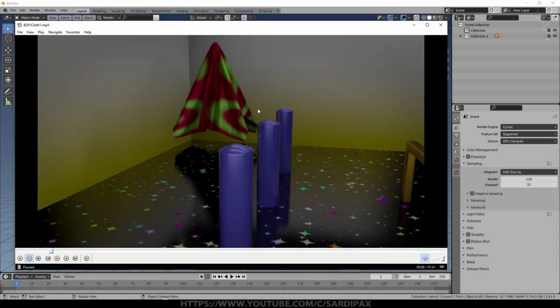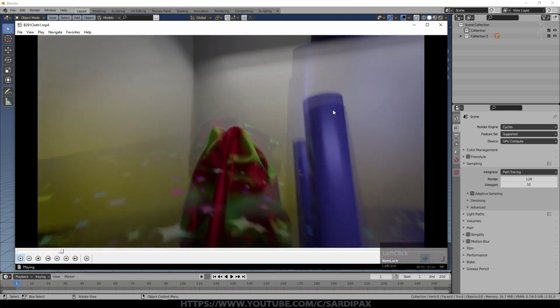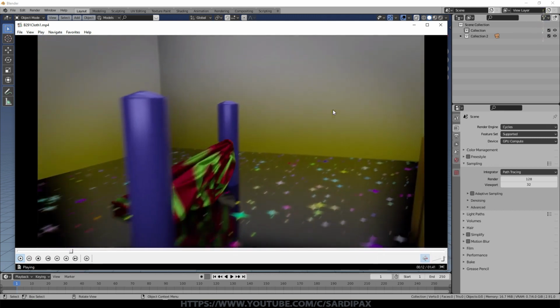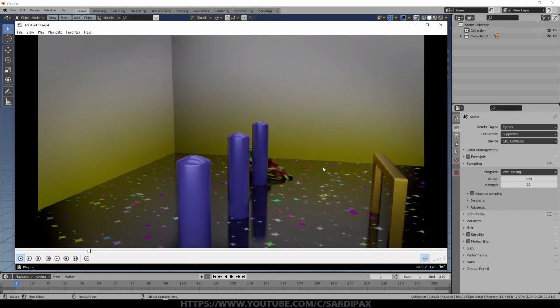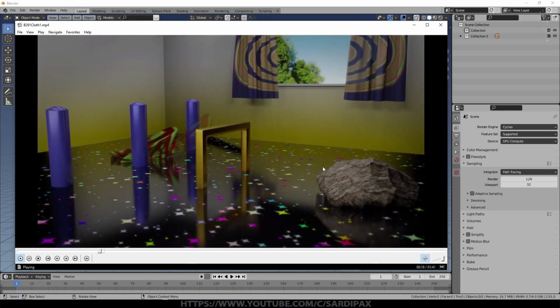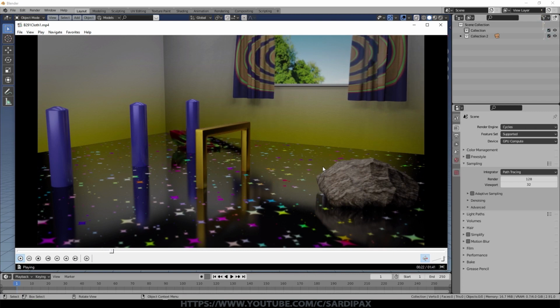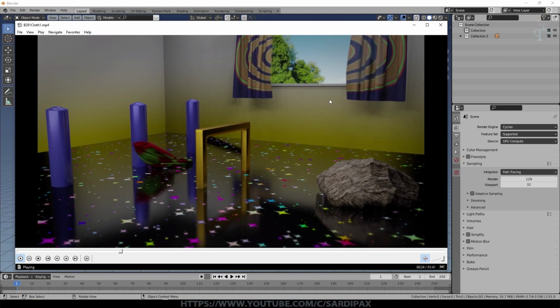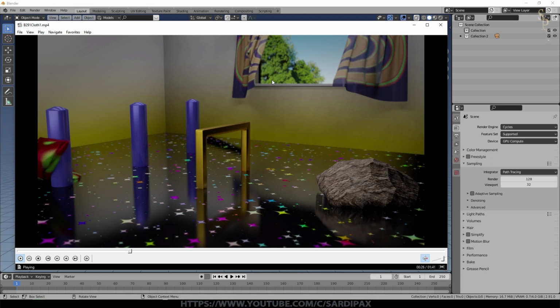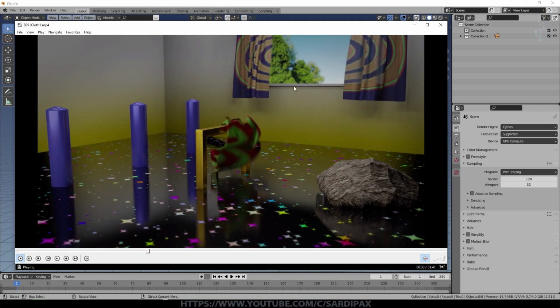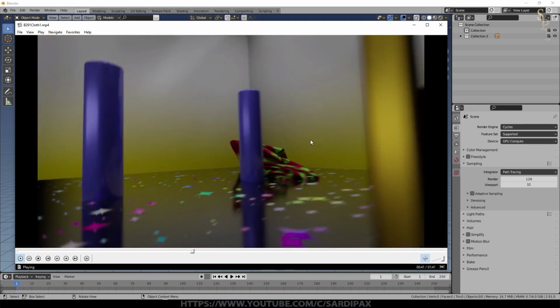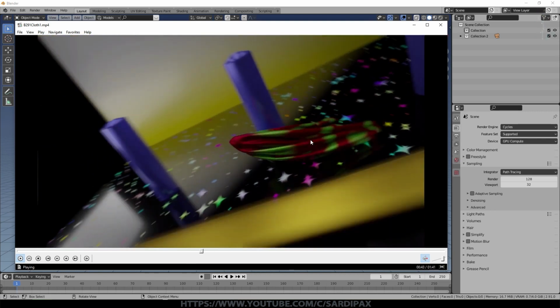Hi there. In this tutorial I'm going to demonstrate some of the basics of cloth simulations. In this little video I created a number of different effects on cloth. You can see we've got a cloth being pulled around some obstacles here. You can see we've got some curtains in the background that are moving, and in fact they start to move much more at one point and then fall back again. So that shows you the effect of wind forces on the cloth. And I'll talk through the basic settings of a cloth simulation.